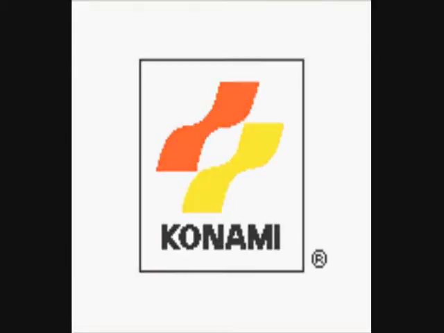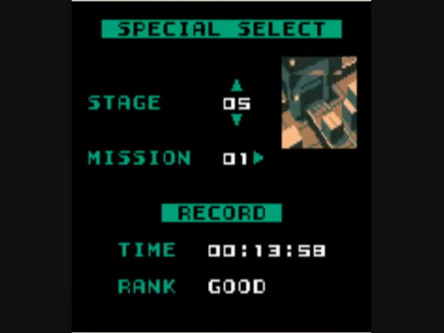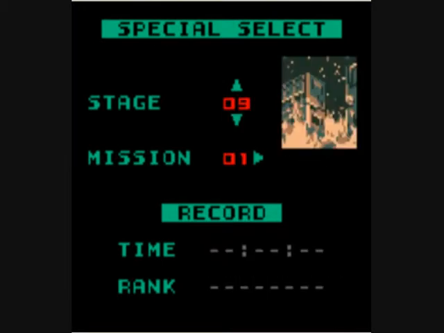I'll be doing the special missions of the 9th stage, the blowing up the power plant ones. Just get up to it. There we go. The first one is doing it without being spotted. The second and third ones are very similar. The second one is blowing up the power plant by setting C4s on